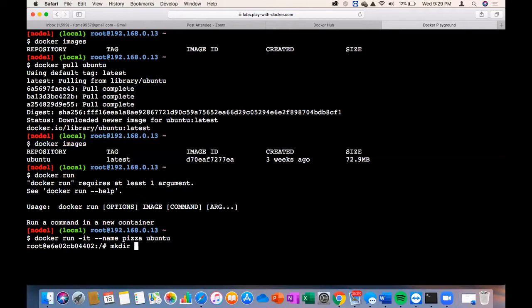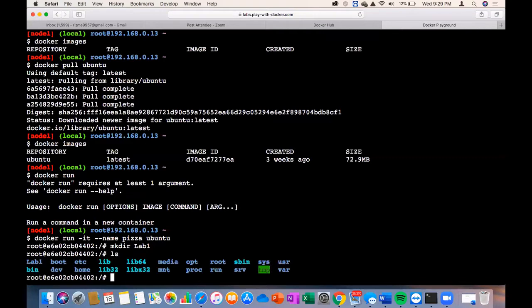It will create a directory like that. Press enter. Just to check, type the command ls, enter. Good. The rest are all Linux commands, right?